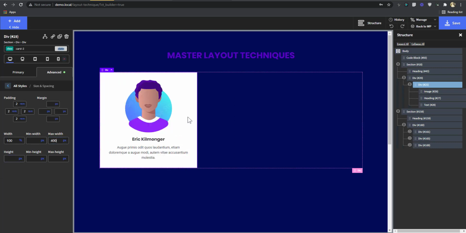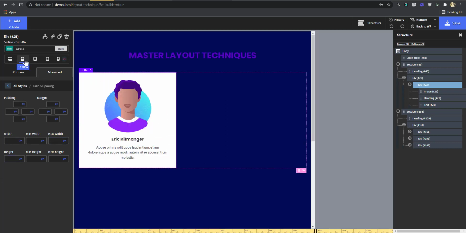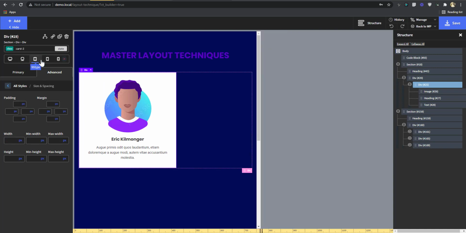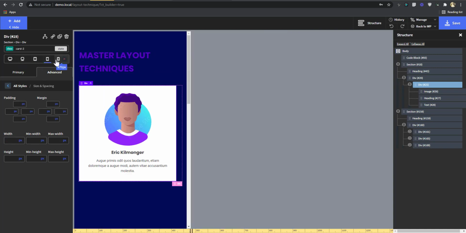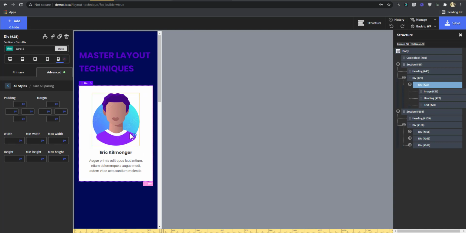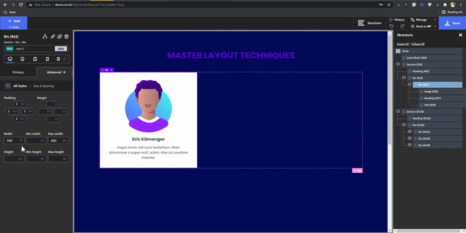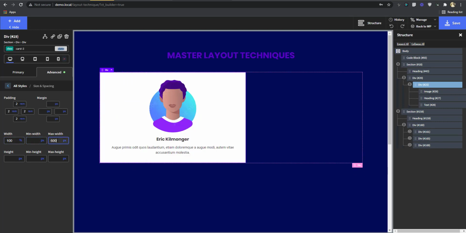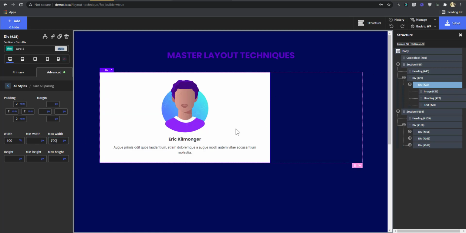Now, you have 400 pixels here, but as you go, it's 400, 400. Now, when you get to this, you see what happens. Let's assume we wanted to make it, say, 600. Or we don't want it to fill all the way. Maybe we want it to be 700 maximum width on the desktop, but we have already given it a width of 100%. Now, what we are telling it is this: you have the freedom to be 100%, but never grow